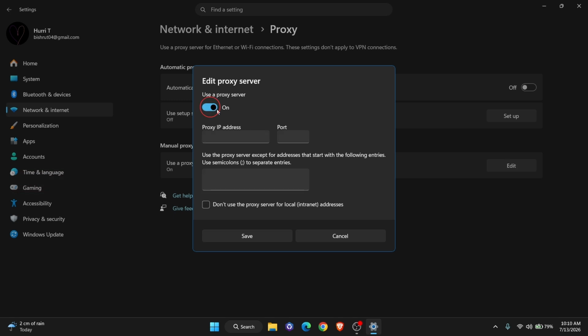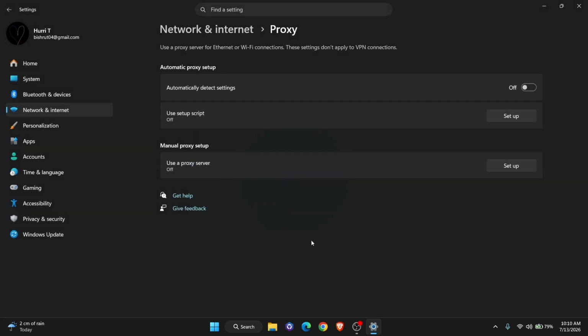After that, toggle off Use a Proxy Server at the top of the window that appears and click Save to confirm. From here, once everything is turned off, your device will connect directly to the internet without routing traffic through